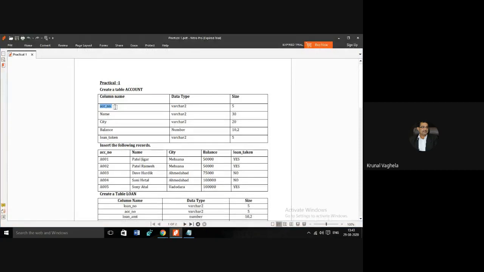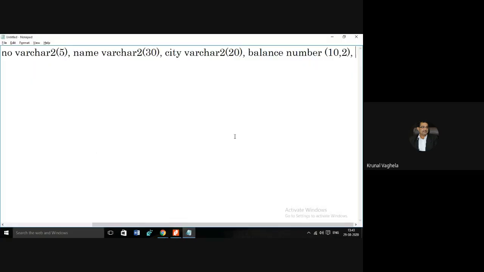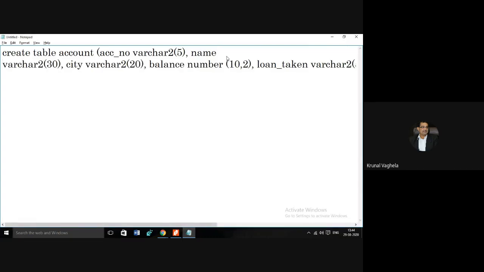And loan underscore taken, data type is varchar2, size is 5. This bracket closes the one we opened at the starting. So this is the entire query. Let me put enter over here so you can also see it.